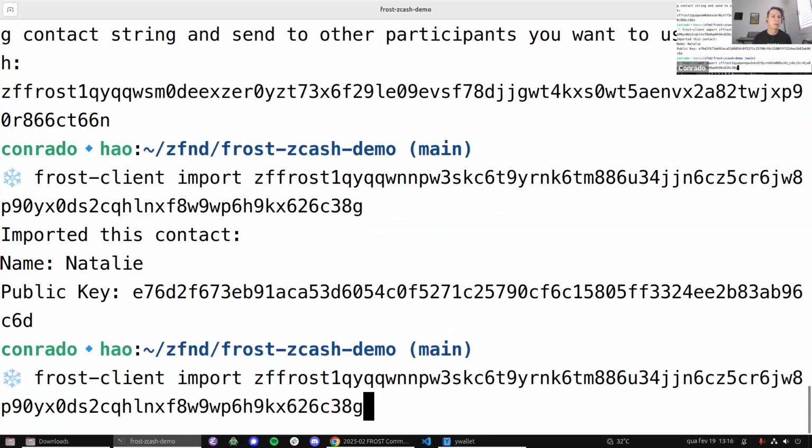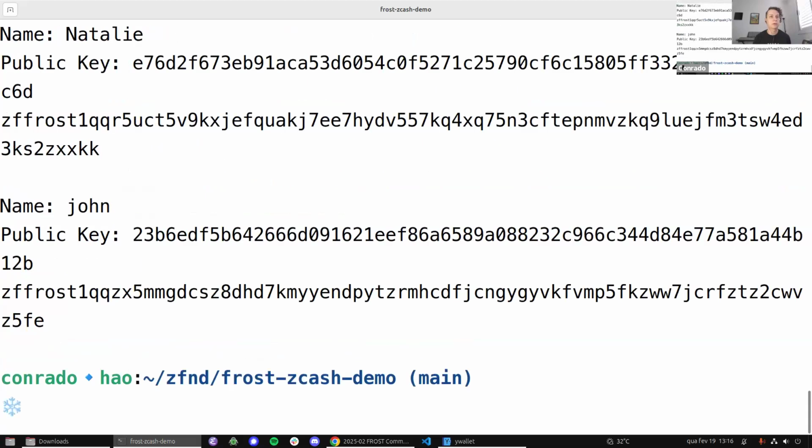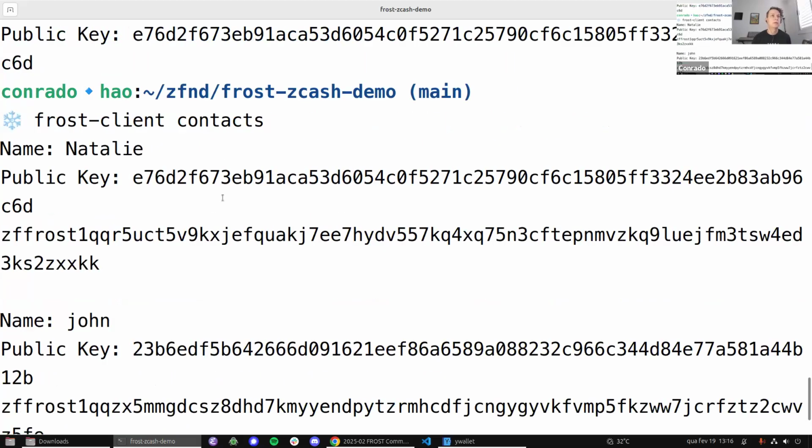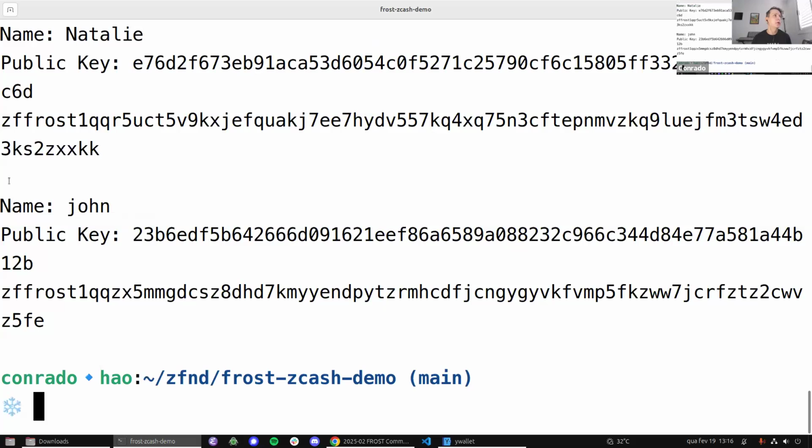I have her contact. And if I do frost-client contacts, you can see Natalie's key and John's key that I had previously imported. So now we're good. We have each other's contacts. So this allows you to open end-to-end encrypted channels. So what I'm going to do, I'm going to run the DKG,